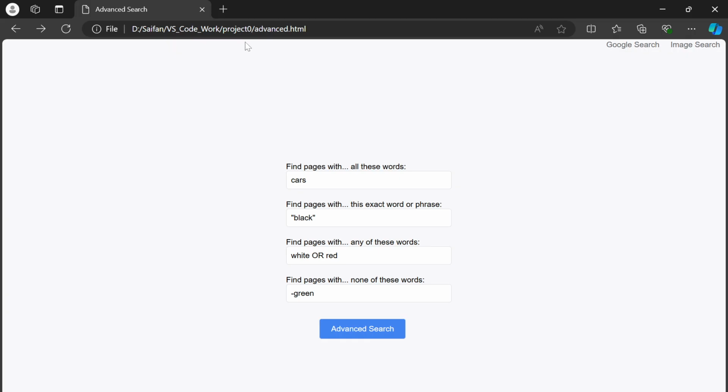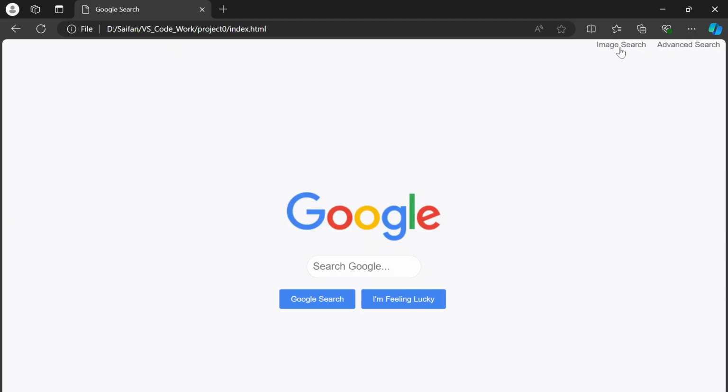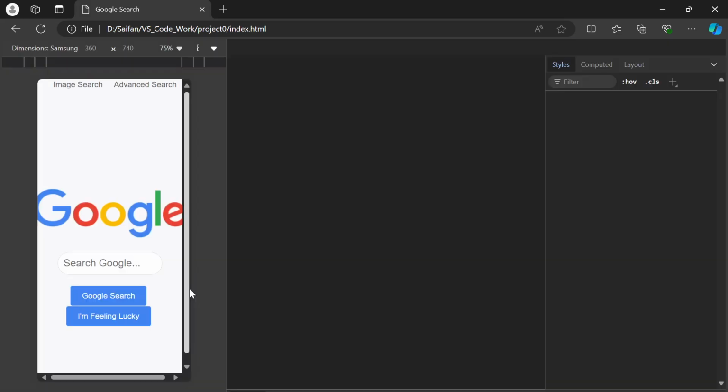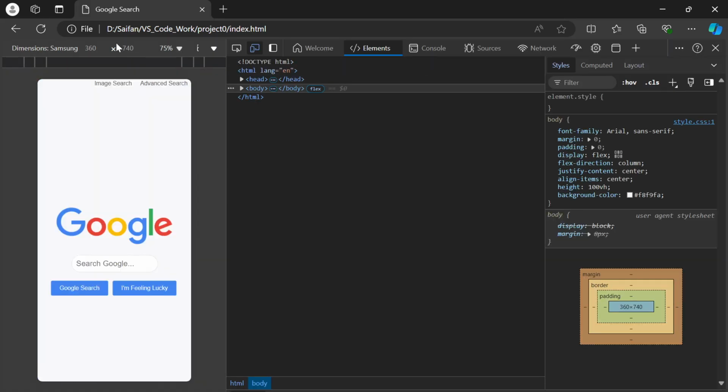Now, through the project I have focused on maintaining Google-like aesthetics using CSS, the fonts, colors and layouts, and design resembling Google's interface, providing a familiar look and feel. Lastly, the site is fully responsive, as you can see when I go to inspect and here